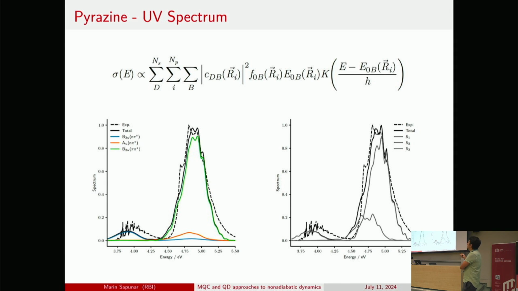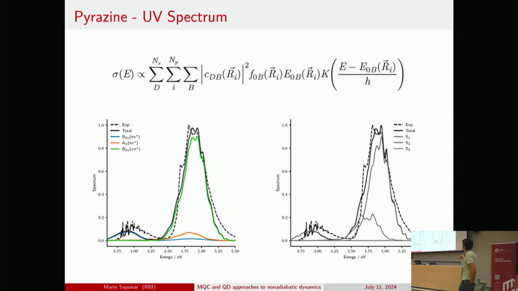So what we do now is use those overlaps to transform our states in the nuclear ensemble from the adiabatic to the diabatic basis. So we are projecting, and we have now this coefficient. And now we see really that this peak is almost exclusively coming from the B2U state. So we get it from the nuclear ensemble approach. We can really assign these states. And this agrees perfectly with the